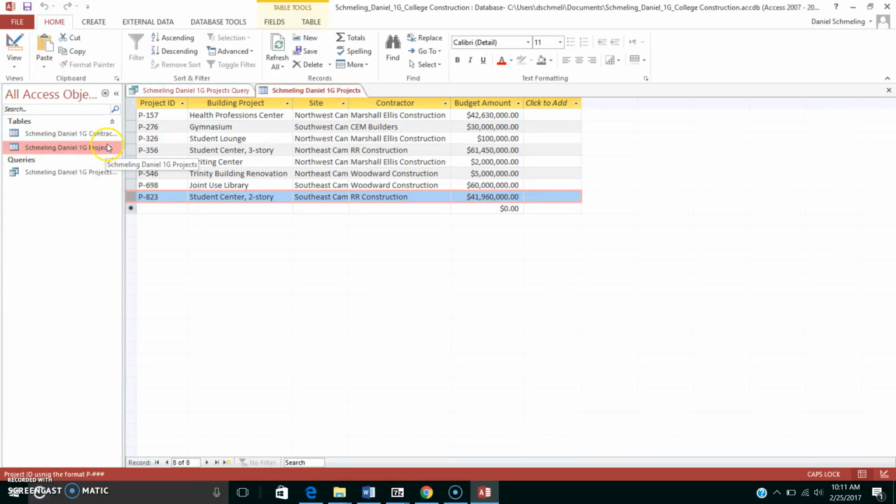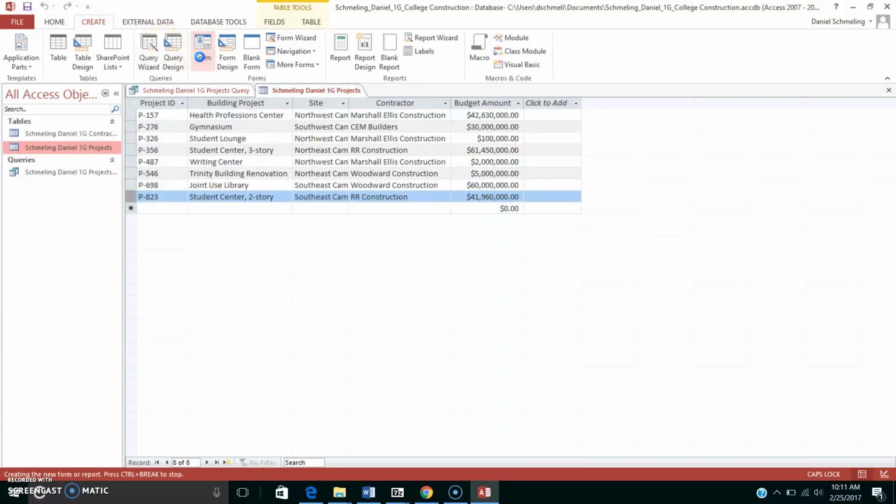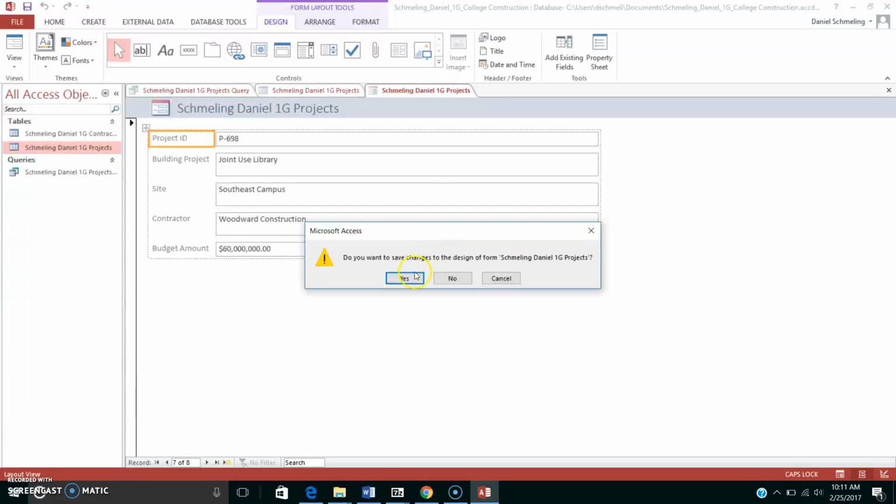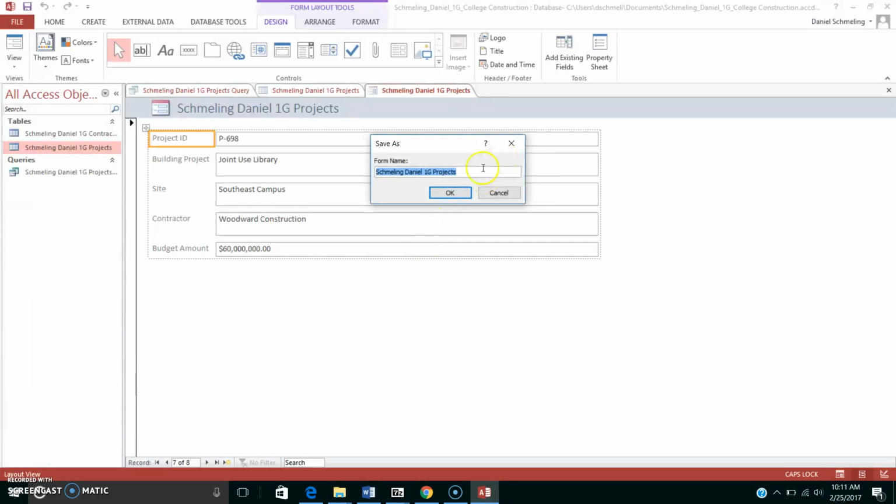Okay, class, the next step is to create a form for record number 7 in the projects table. So we're going to go ahead and click on the projects table. We're going to create a form. We're going to go down to record number 7. From there, we're just going to go ahead and close it. We want to save the changes of the form. And we're going to name it,